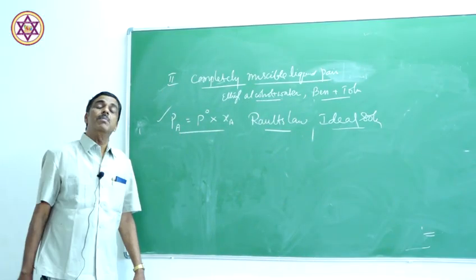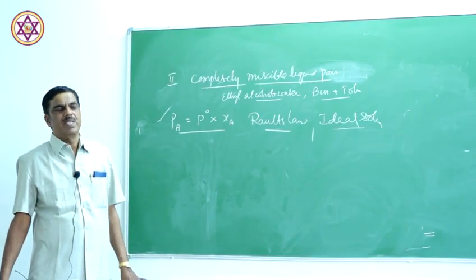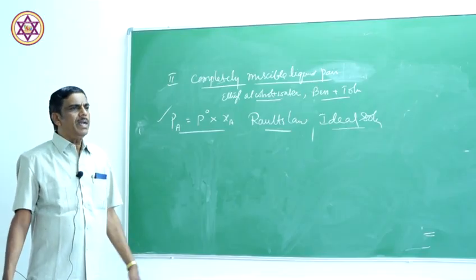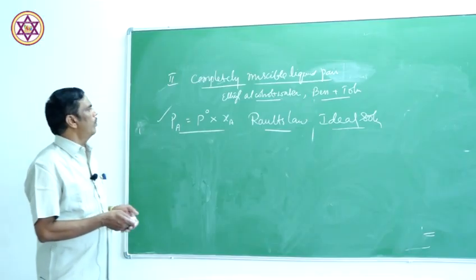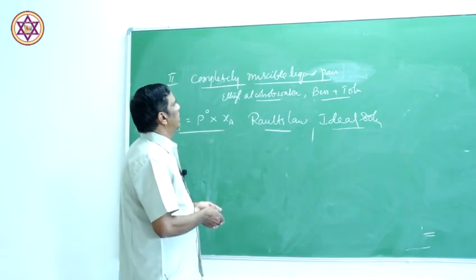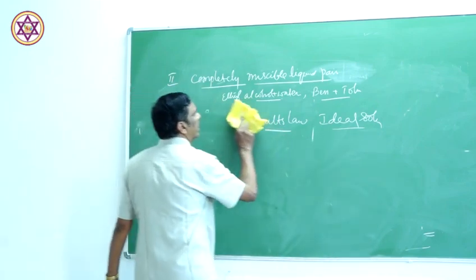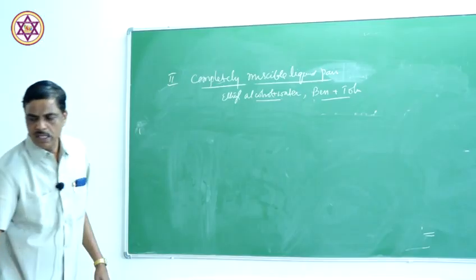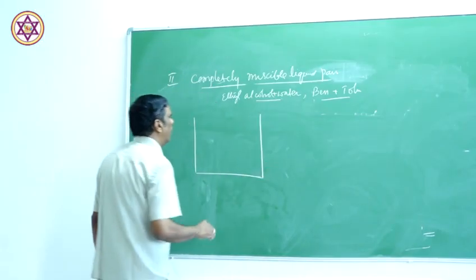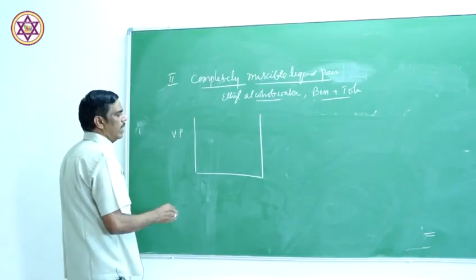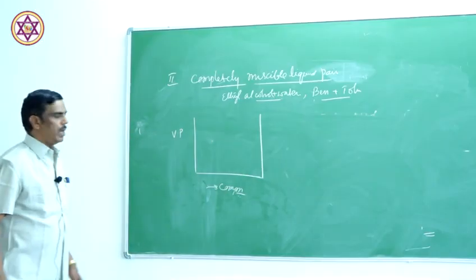But the majority of completely miscible liquids are not ideal. The majority of them are non-ideal, but they approach ideality at some special conditions. So let us study some examples which deviate from Raoult's law, which deviate from ideality, and which obey Raoult's law. If you draw the graph of vapor pressure versus composition of these completely miscible liquid pairs,